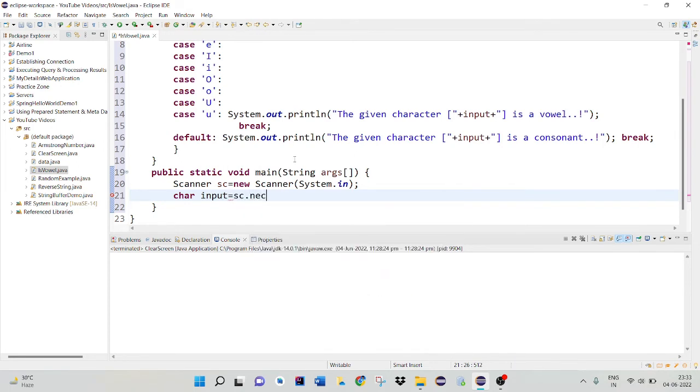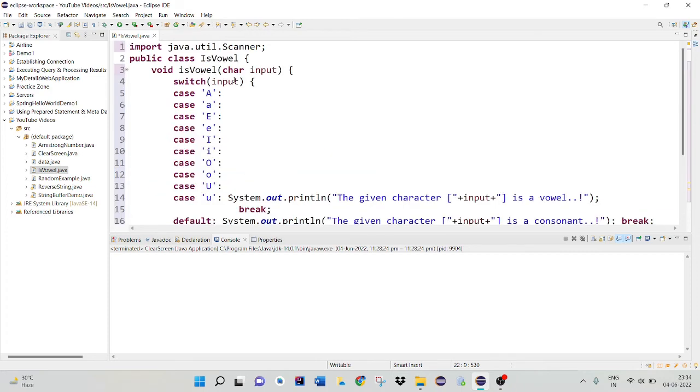So sc.next().charAt(0), right? Because we are taking a character value, so to get input as a character we have to write in this format. After getting input from the user, we can pass the input to this method, that is